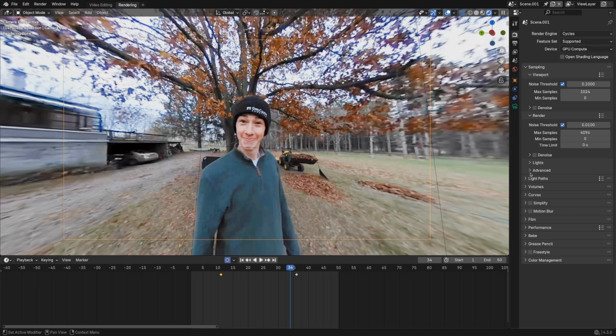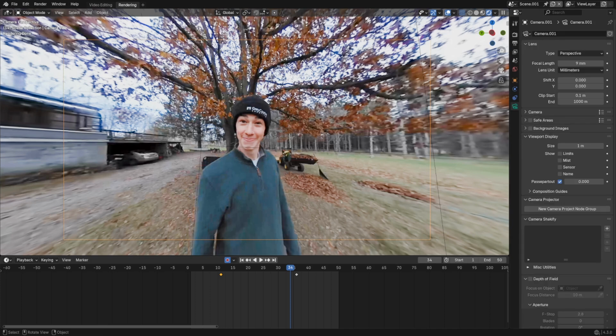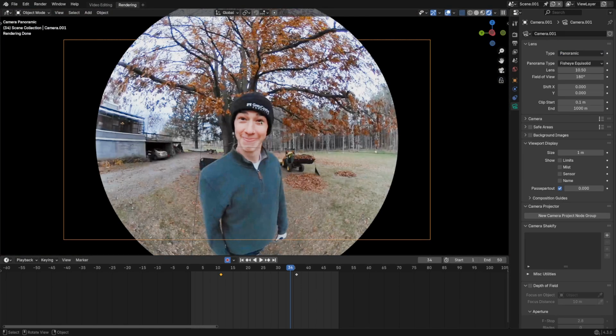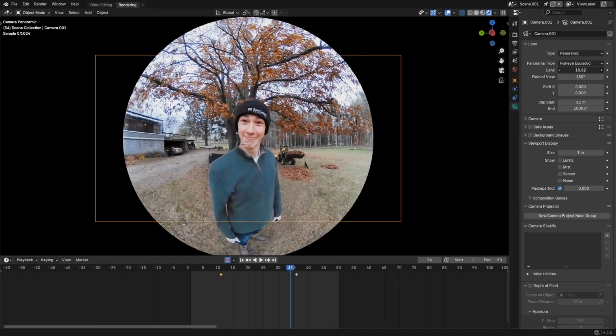And if we go down to light paths, we can drop a whole bunch of these way down. If we just go like this, I don't even know if we need any of these, but it does make it a lot faster when those are set to 1. Since it's just basically viewing an emission object, it doesn't really need to do any path tracing, except for when we change our camera to panoramic, we get this kind of fun spherical look,